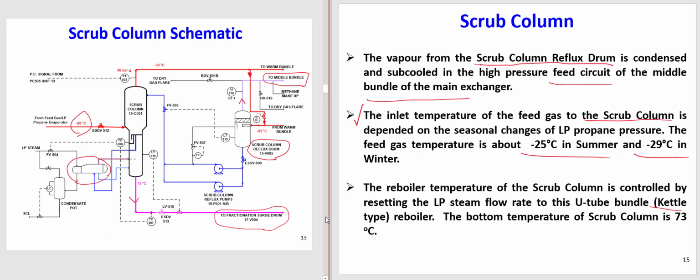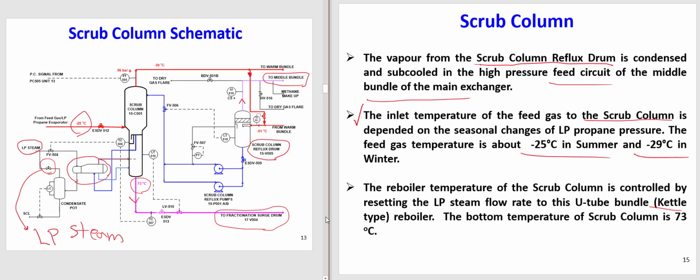So it's a reboiler. It has a tube side and a shell side. In the tube side, we use low pressure steam. It's this part here in the tube side. So we can play with the flow rate of this steam by using this valve, for example. We can play with this flow rate, and in that case, we can adjust the bottom temperature of